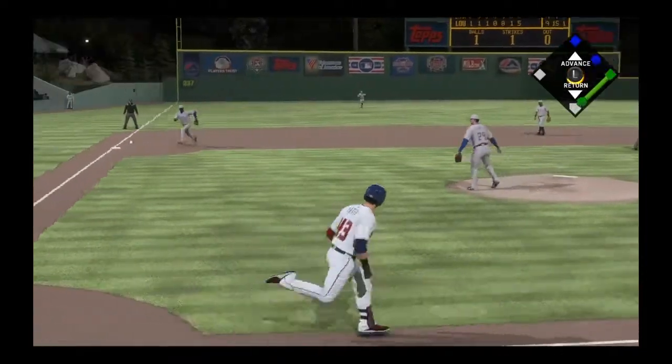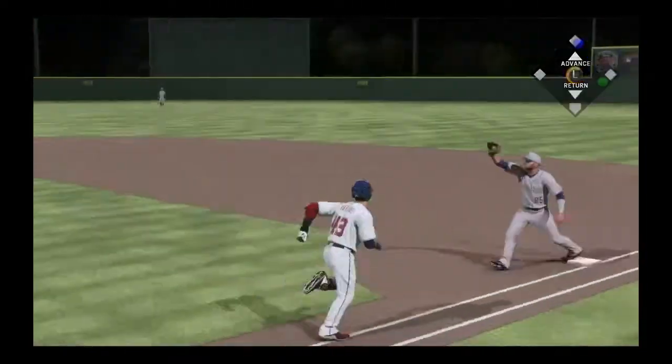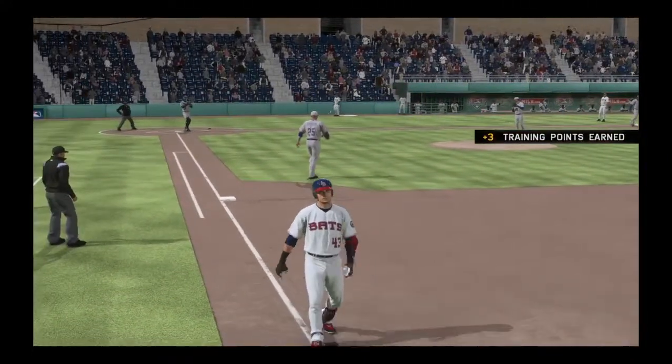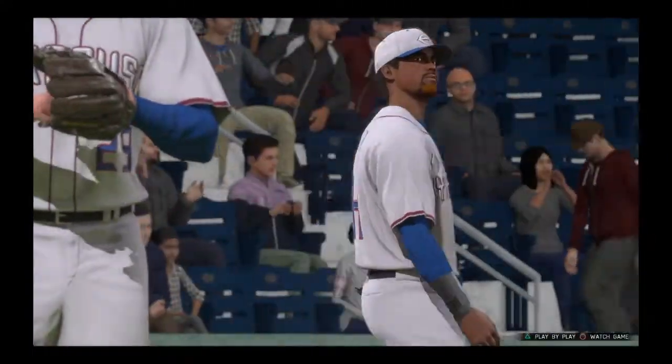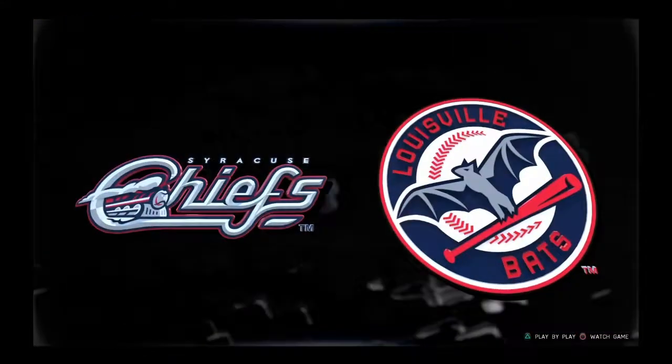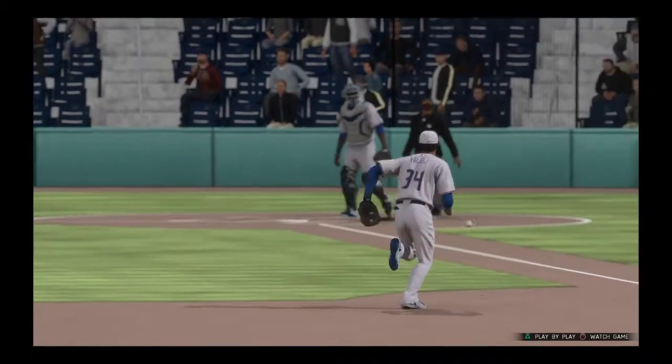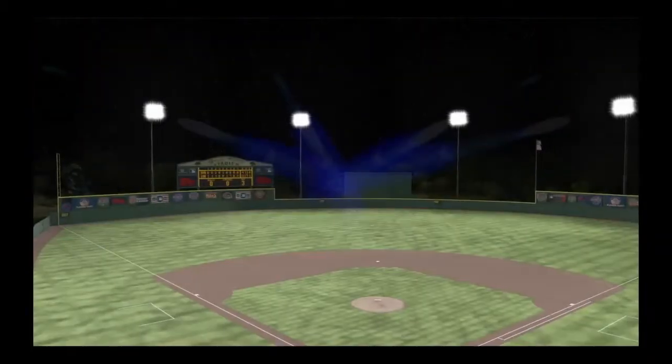Tap down the line. A bare-handed pickup. It's there. He got him. Oh, what a play. And you know, sometimes these guys make it look so easy, we forget how difficult it is to make a play like that. Not only did he barehand this ball, but he also made